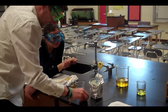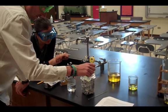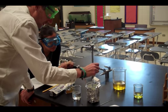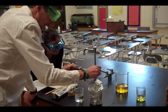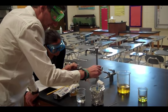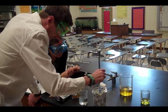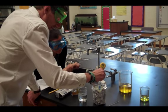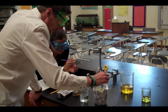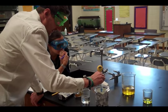And then I'm going to add a small piece of ice to my solution, and that's to avoid any possibility of supercooling. And you got to make sure you are constantly observing your solution for the appearance of ice crystals. Time. 7.5. And you are going to